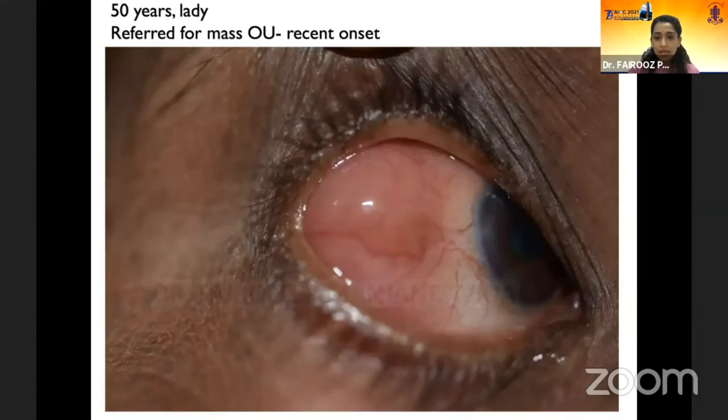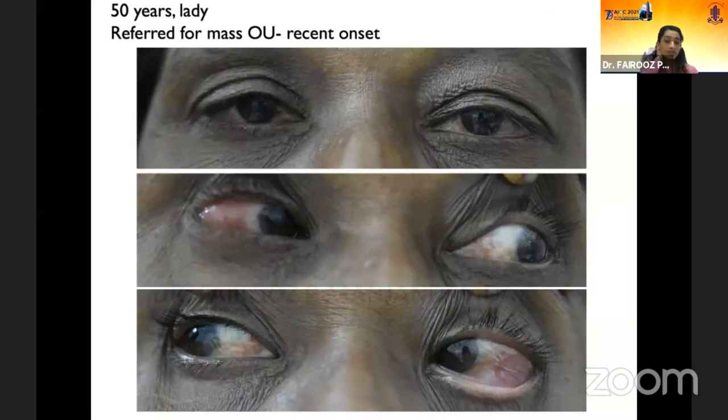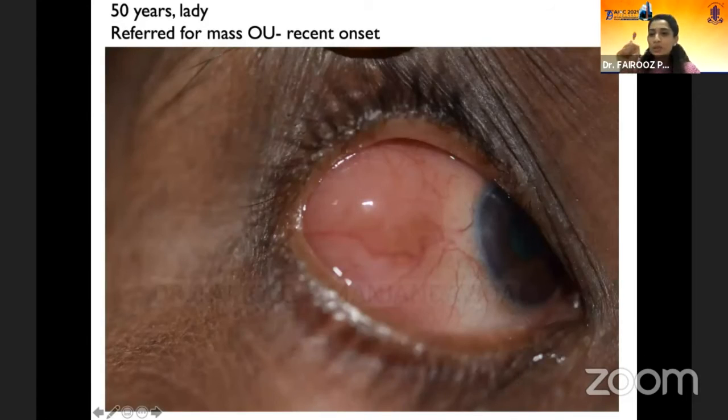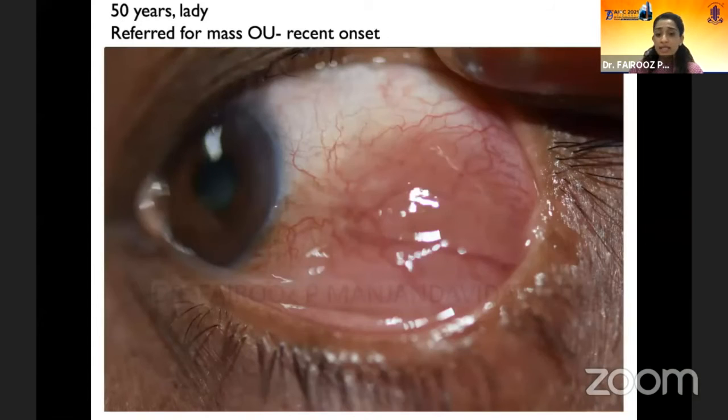Now, this patient again was referred as a case of orbital fat prolapse. So she has this lesion which is coming from the supratemporal area of the right eye as well as from the left eye. But it really doesn't look like an orbital fat prolapse. You saw those lesions. Orbital fat prolapse or dermolipomas are usually yellow in color. This is more orangish. This has a very classical salmon colored appearance. And more than that, there is this dilated feeder vessel which is seen over that. And that was the right eye and there's the left eye.